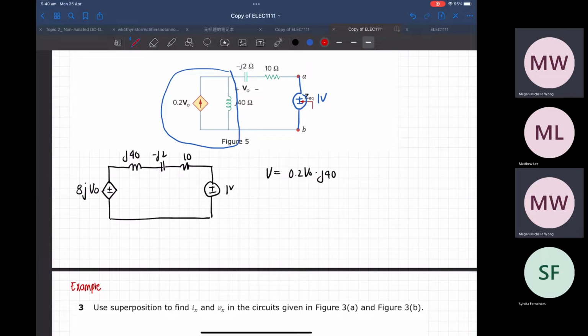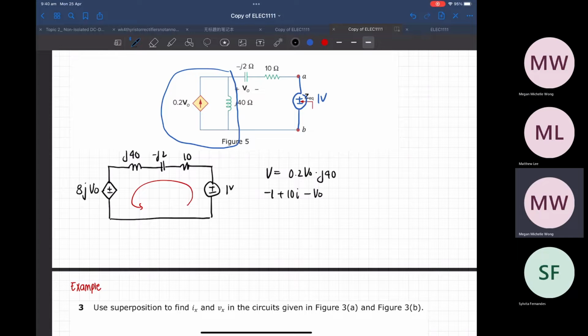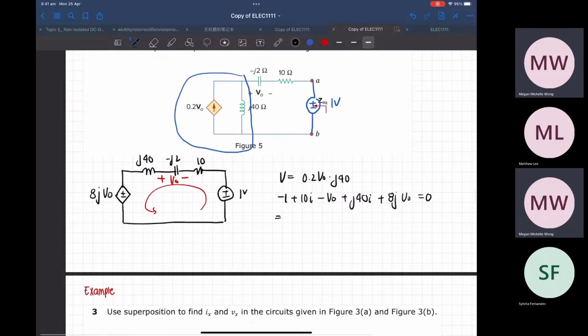Let's do it in the other direction. This one. That'll just be, I have -1 plus 10I minus V naught. It's actually my V naught's here, right? V naught minus V naught plus J40I plus 0.2 plus AJ V naught equals to 0. And this gives me